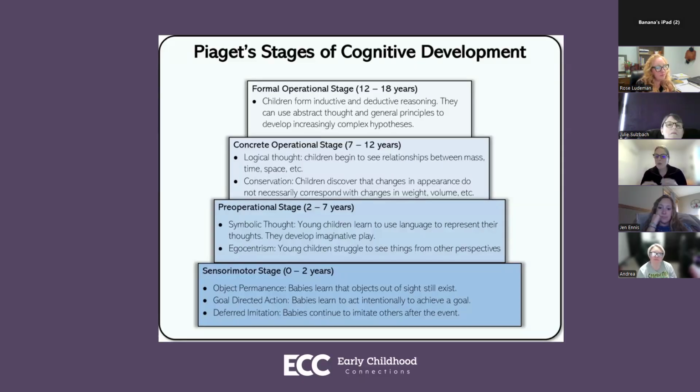We can see that when we are working with our students on, say, social conversations. As I mentioned earlier, we can see in that pre-operational stage that egocentrism, not being able to see someone else's point of view, is normal. Those things are developmentally appropriate. So we don't want to move someone too fast based on their brain development, where they're able to handle things. So having this allows us to flex up or stay in an appropriate range. Of course, there's not that concrete 'as soon as you're 7, we're going to be ready to think about others.' That's just not always the case.